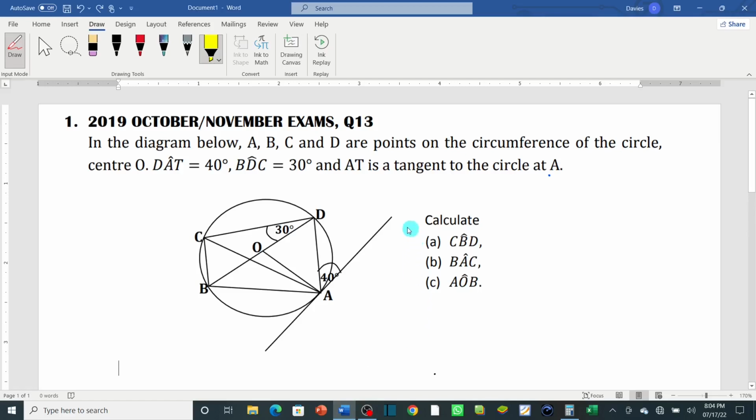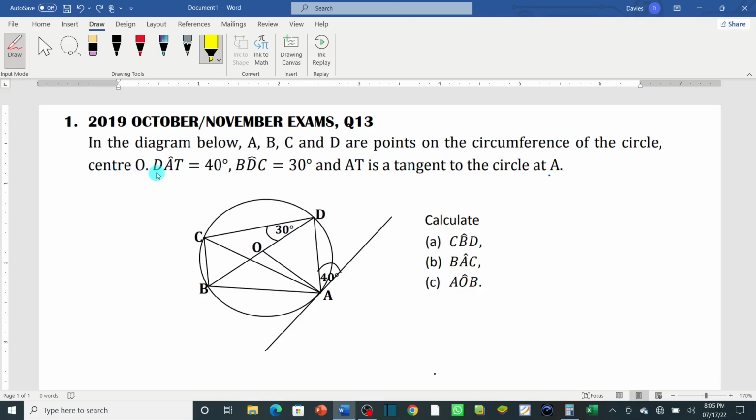Okay, welcome to the mathematics revision. This is the paper that was written in 2019 October, November exams, and this was actually question 13 on circle theorem. Alright, so they are saying in the diagram below, A, B, C, and D are points on the circumference of the circle